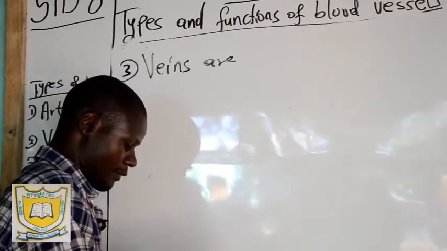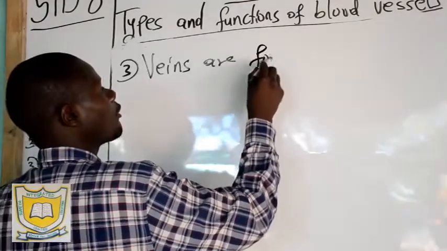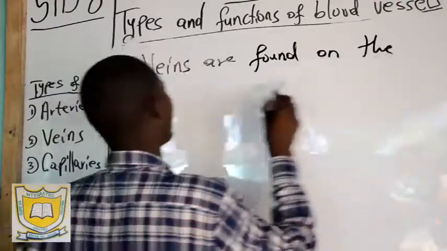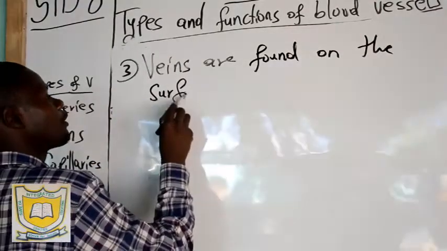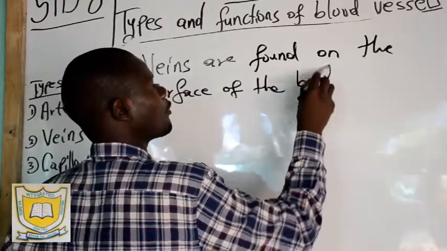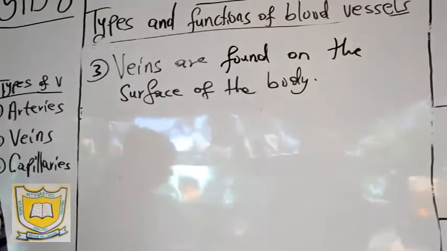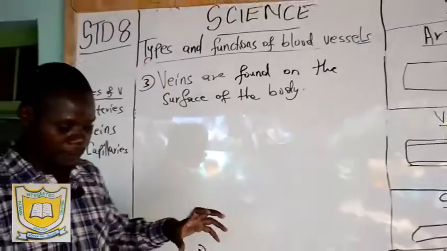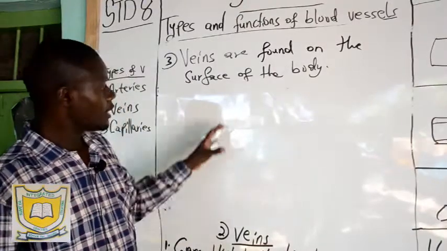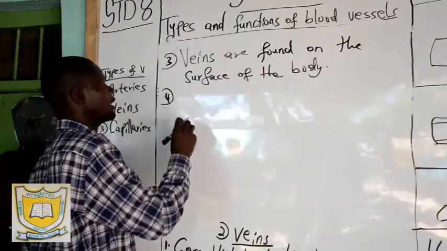Veins are found on the surface of the body. This is now vice versa. As we talked about the arteries are found deep in the body, but this one is found on the surface of the body. Number four, you find that the